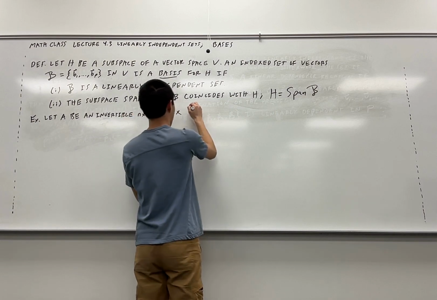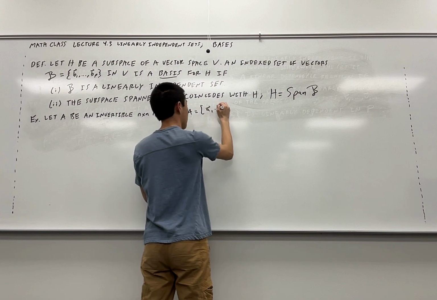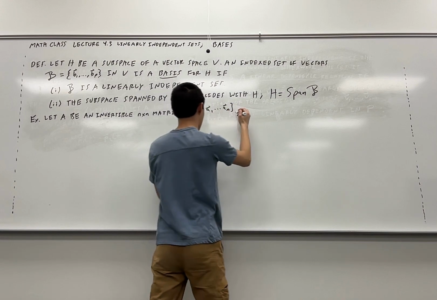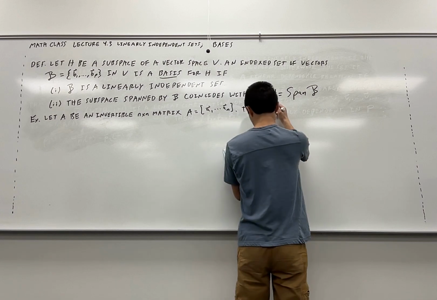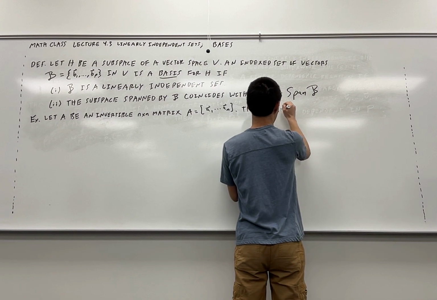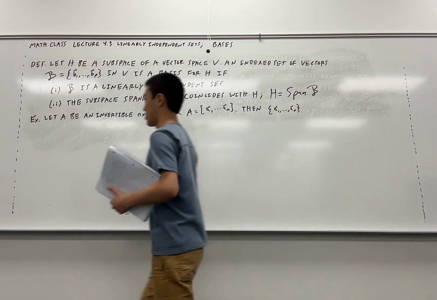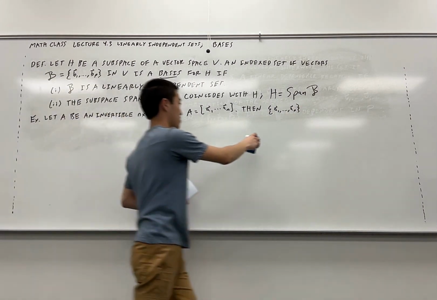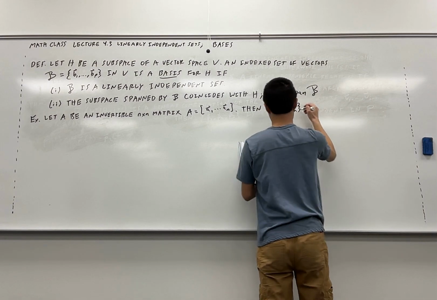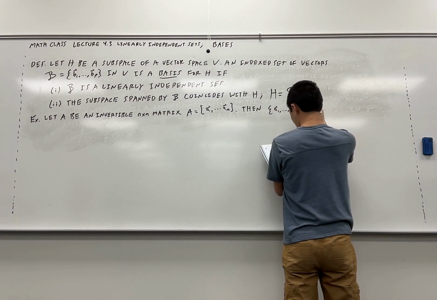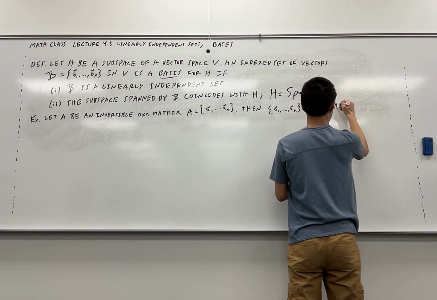And actually we can describe it with A being equal to a1 to an, those are column vectors. Then these column vectors, the set of column vectors a1 through an, we know that this is a basis